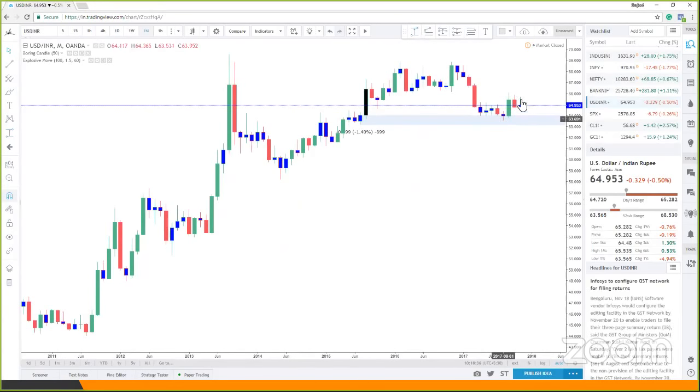So now what can happen is when the prices start coming down, this can easily get violated, because we know that the more time we spend here, that demand will be getting absorbed and prices can easily go down. So if you still want to participate in this area of demand, if the prices come down and you want to go long, acceptable, but it will be better to do it as a type 2 or a type 3 trade. Reason being, it has been tested quite a few times. But yes, we do have some fresh area of supply, which is right here, and prices have never come back to that supply as of now. So if the prices move up, we can look for some shorting opportunities on USD INR.